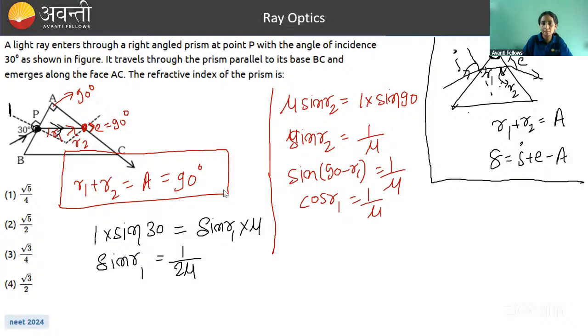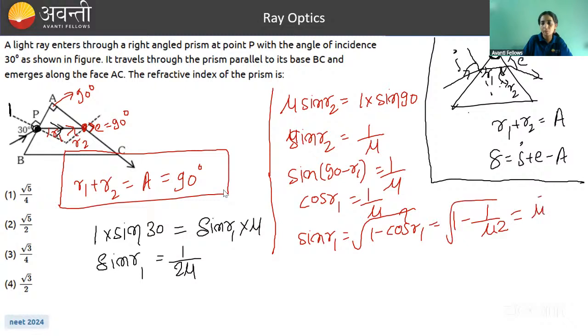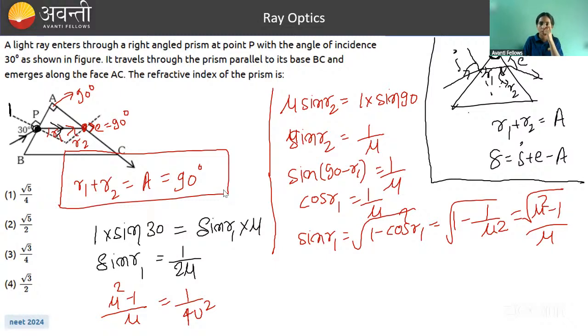You can calculate sine R1. How will you find sine R1? Root under 1 minus cos square R1. So this will become root under 1 minus 1 by mu square. So this is root of mu square minus 1, by mu. Now put the value of sine R1 over here. So this is root of mu square minus 1 by mu. Square both sides. This will become 4 mu square. Yes, it will be like this. If you see here, 1 mu will get cancelled, 1 mu, and this is